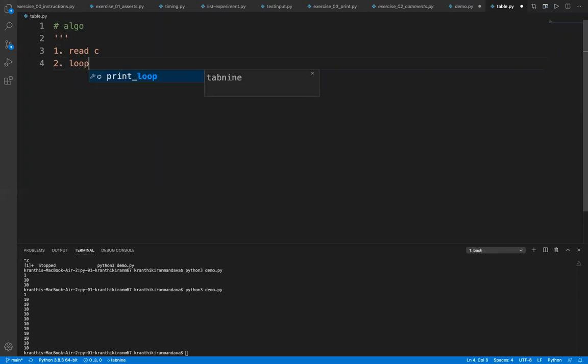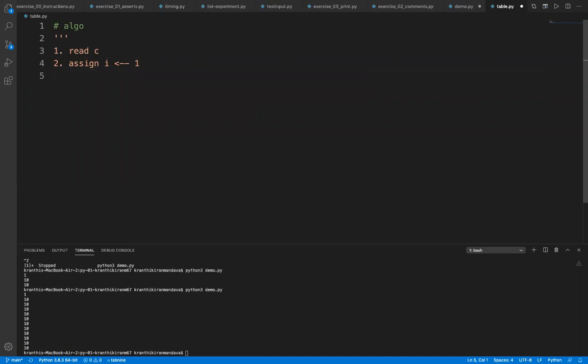I will begin with the loop, and it should be initialized with 1. The algorithm is a little different from what we write in code, so I'm writing it like this: assign I with 1, so from 1 we are starting.